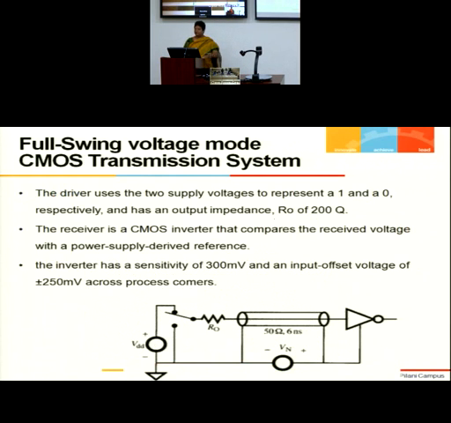So let us understand, under the effect of these parameters, how a voltage signaling compares with a current mode signal. So this I will start in my next class. Okay.